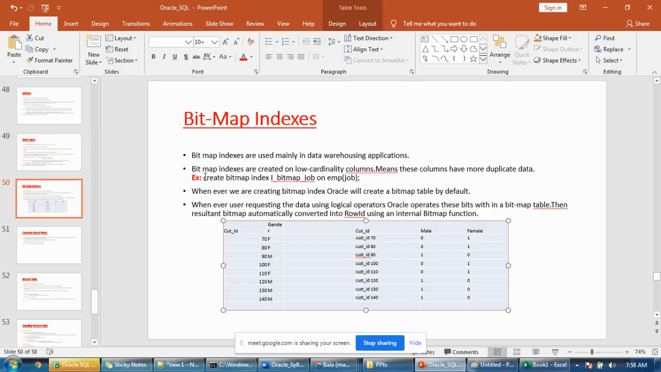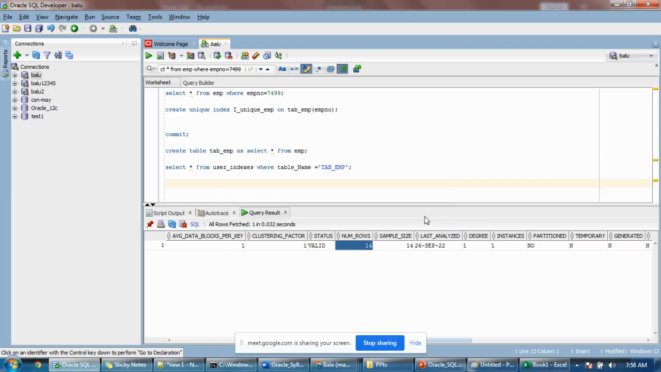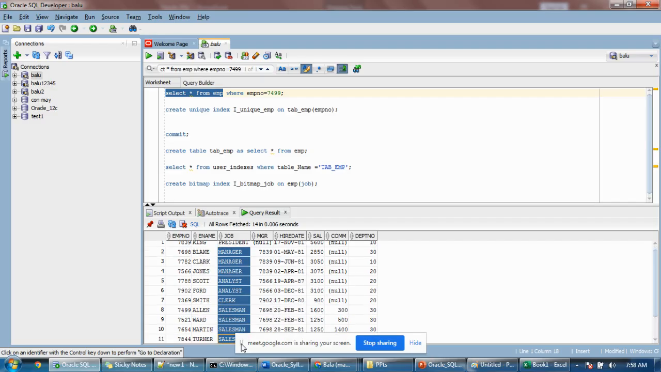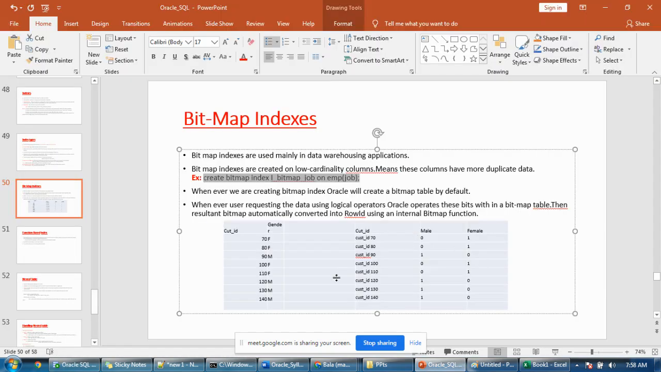The syntax is create bitmap index on a particular table. Coming to our example, the low cardinality column here is job. Select star from emp, and if you search the values for job, you get a small number of distinct values with many duplicates. Values will be separate. So internally, if you create the index on the job column,